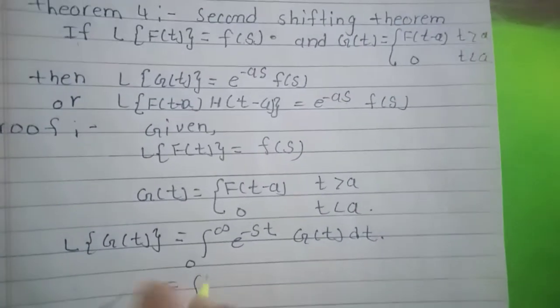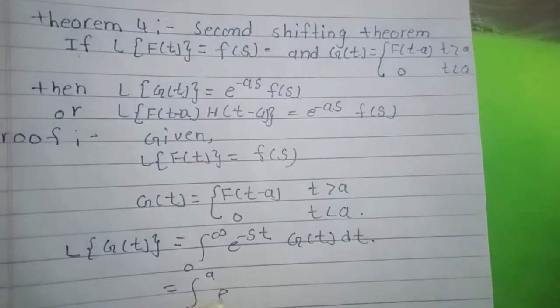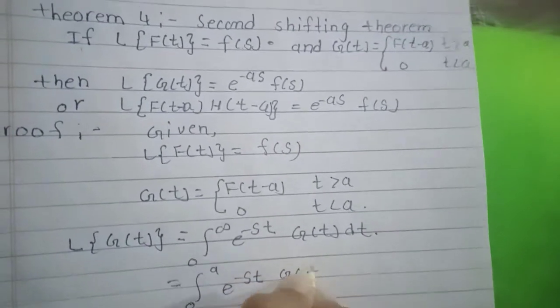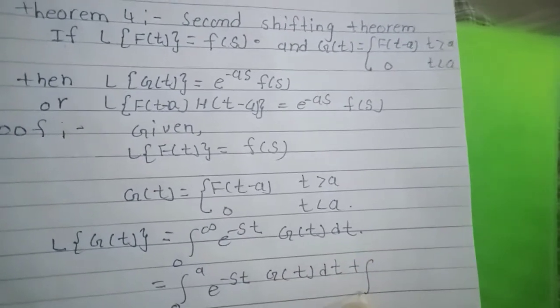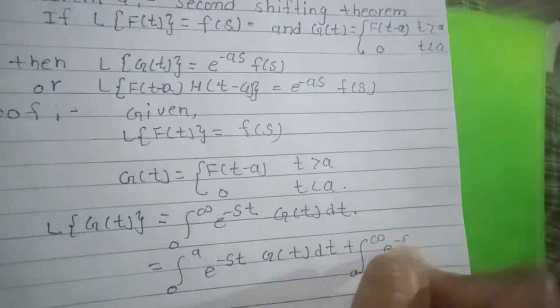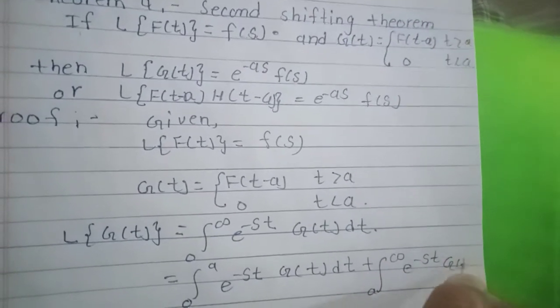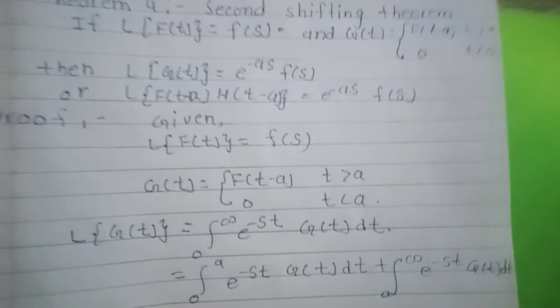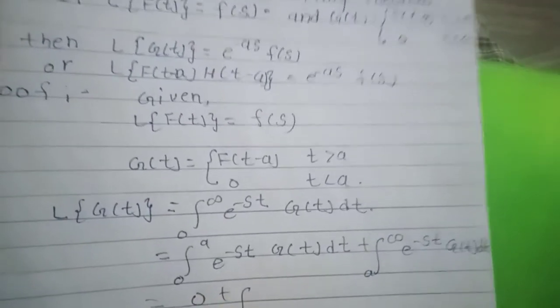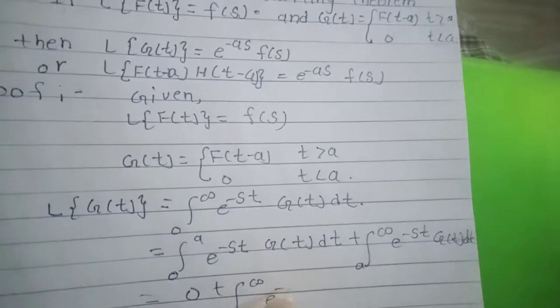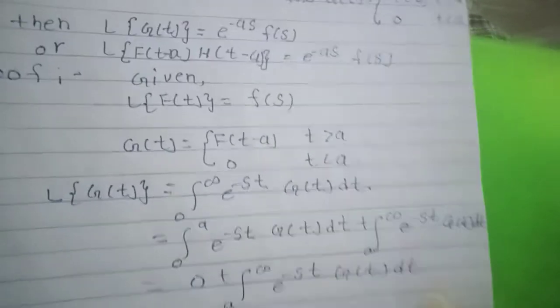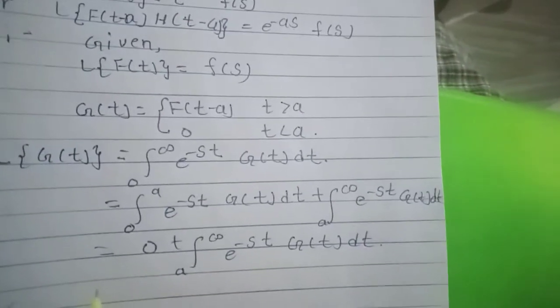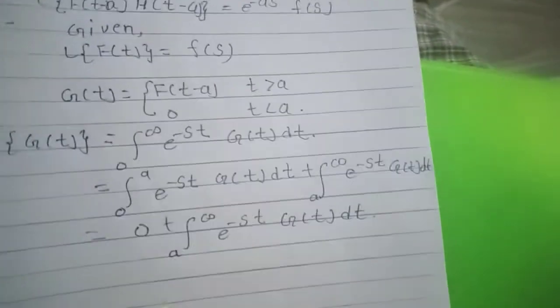We change their limit from 0 to a, e raised to minus st g of t dt, plus integration a to infinity e raised to minus st g of t dt, but this is equal to 0, plus integration a to infinity e raised to minus st g of t dt. We have to prove this is also equal to 0